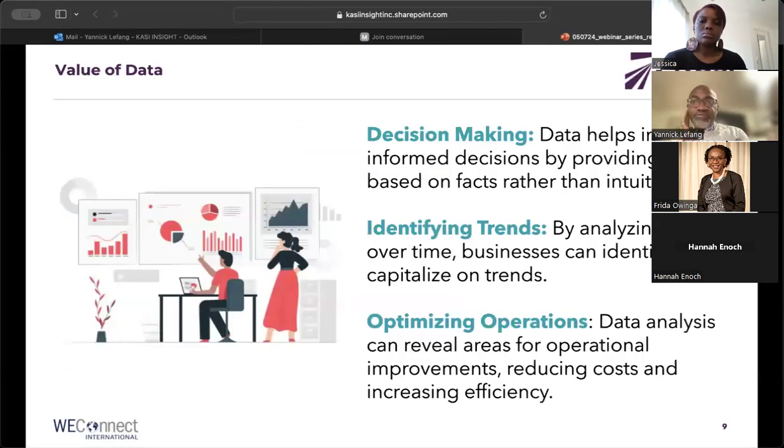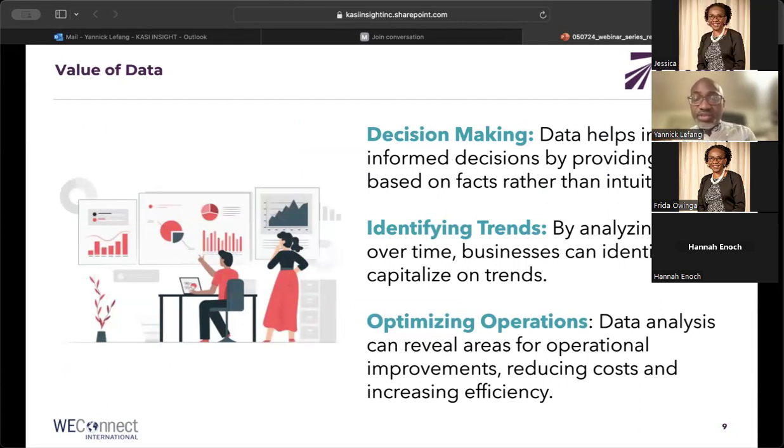So moving on to the value of data. Decision making, very, very important, right? We're humans, so we tend to make decisions on gut feeling. In fact, as you know, research shows that 95% of our purchase decisions are not rational, right? But at the same time, as a business owner, you want to try as much